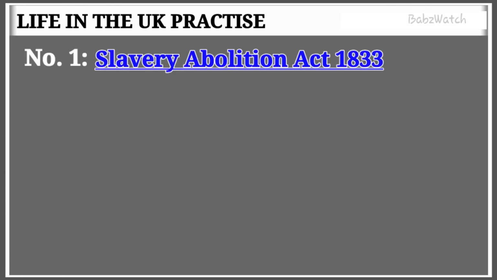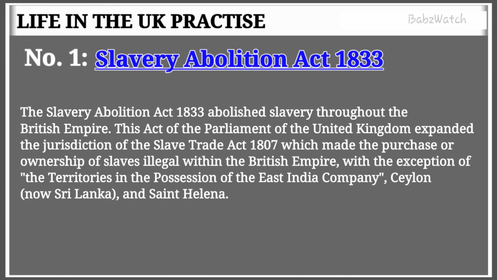1. Slavery Abolition Act 1833. The Slavery Abolition Act 1833 abolished slavery throughout the British Empire. This Act of the Parliament of the United Kingdom expanded the jurisdiction of the Slave Trade Act 1807, which made the purchase or ownership of slaves illegal within the British Empire, with the exception of the territories in the possession